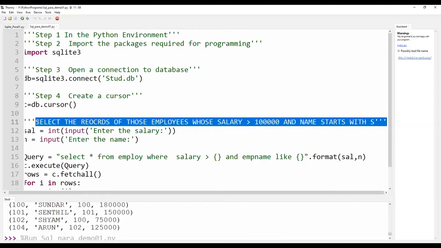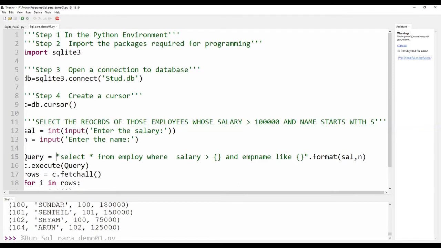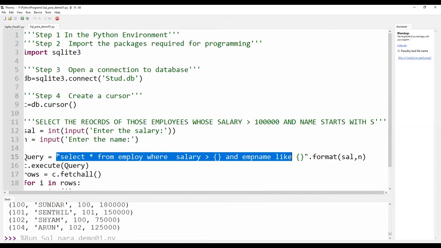See, in the syntax, template.format, the template is the string present within the quotes, in which you are trying to embed the query.